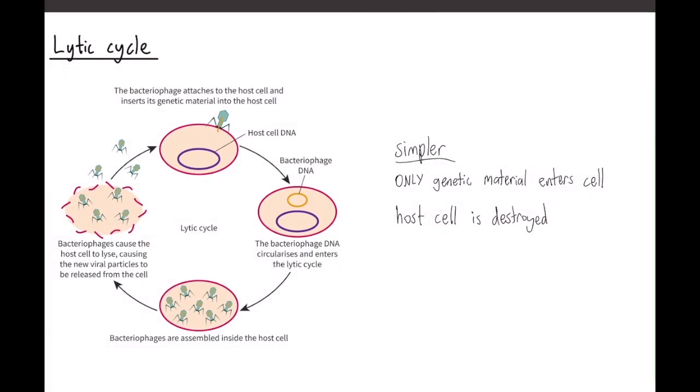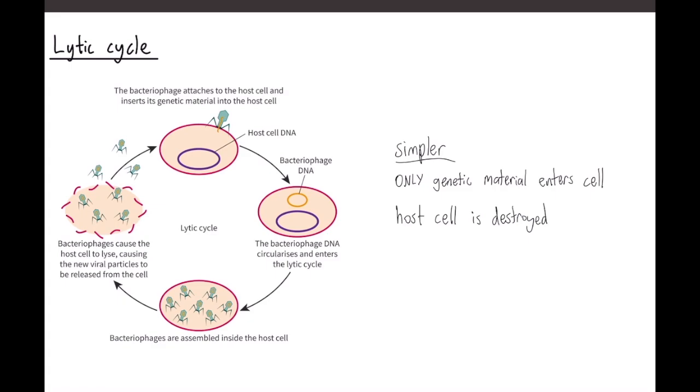Now we will finally be talking about the lytic cycle. So this is the simpler of the two processes. What happens in this process is the bacteria or virus will attach to the host cell and insert its genetic material inside. The genetic material only enters the cell, and it basically forms a circle. Now, as stated before, it then uses the host cell's